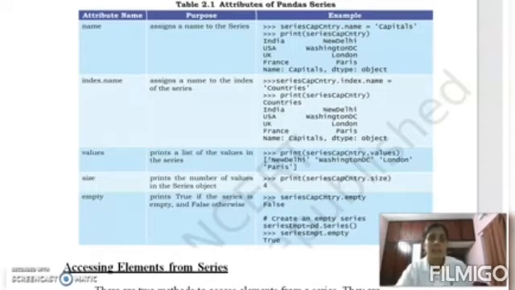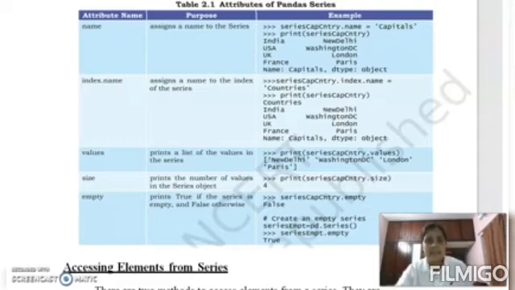Suppose in a box there is roll number, serial number, roll number and name. So a box or a table is created, in which there will be serial numbers like 1, 2, 3. Above that there is a table header, which is serial number. SL number. Suppose I named it as SL number.